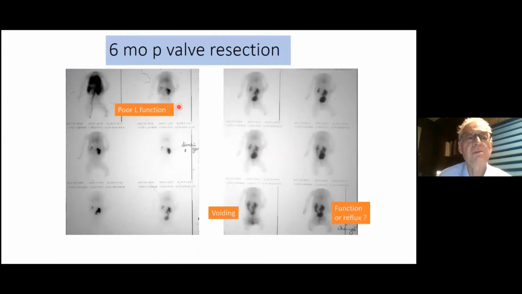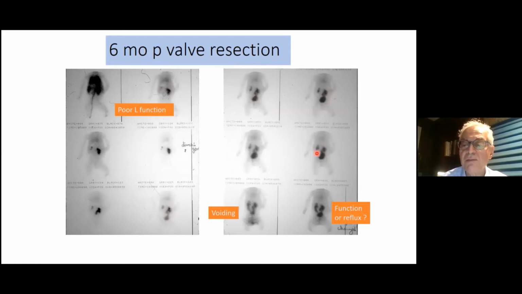Let's look at the renogram. So this is the 5-minute picture. Notice that almost all the function is in the right kidney. These are posterior images, very little function in the left, right? We give the diuretic. You can see reasonable drainage from the right kidney into the bladder. This is an early renogram. We didn't always use catheters in the bladder like we should do, okay? So we're seeing this kidney draining,